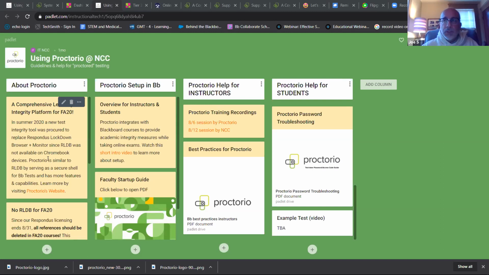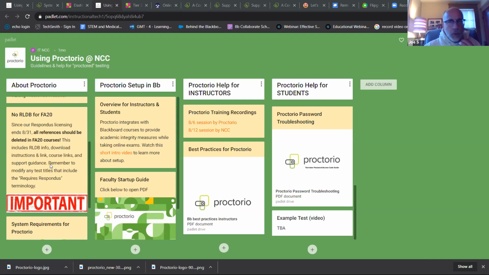So Proctorio does very much similar activity to Respondus Lockdown Browser and Monitor, maybe a little bit more actually. There's a lot of bells and whistles that I call the a la carte smorgasbord that Proctorio allows you to choose what you want on, what you want off, a lot more than Respondus ever did. So that said, just be sure that any of you that have used Respondus before, or tell your faculty that you're affiliated with, make sure that they, at this point in time, eliminate any artifacts they might have in their course about Respondus Lockdown Browser.